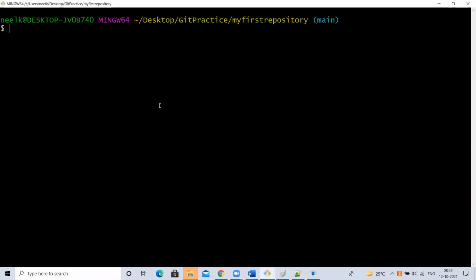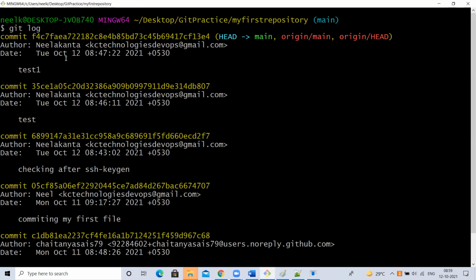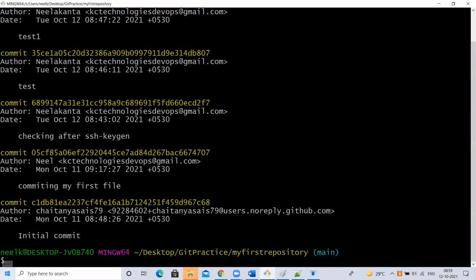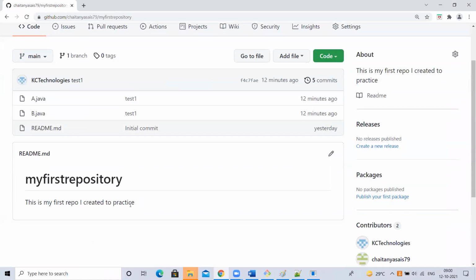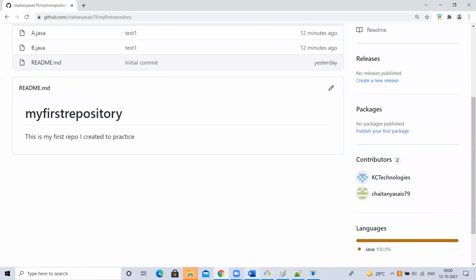Okay, I'm going to type git log. Right here, it is going to show the history. If there is too much history, it will show here. You have to keep on clicking enter. It will show the full history. And if you want to come out, you can click on Q to come out. Okay, more or less these are the commands we use, right?